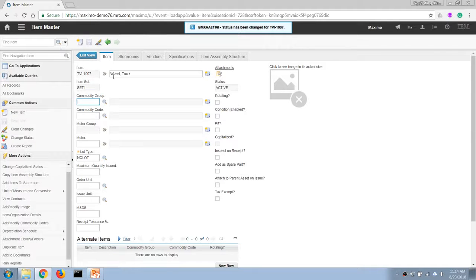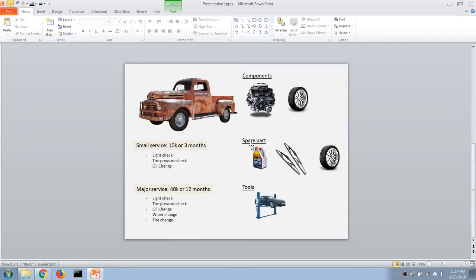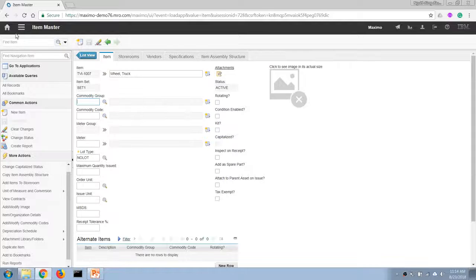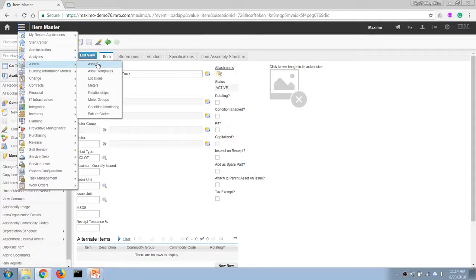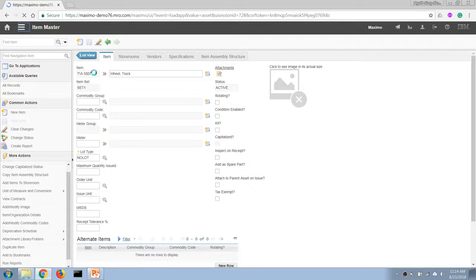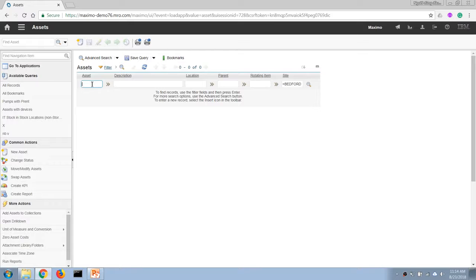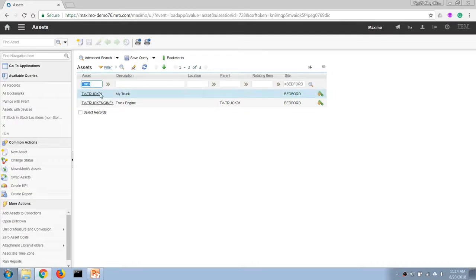Okay, so we got our items in the item master list. So now we can go back to our asset application to associate these items as spare parts to our original chuck that we created. So let's go back to our asset application and search for the chuck that we have created. Okay,